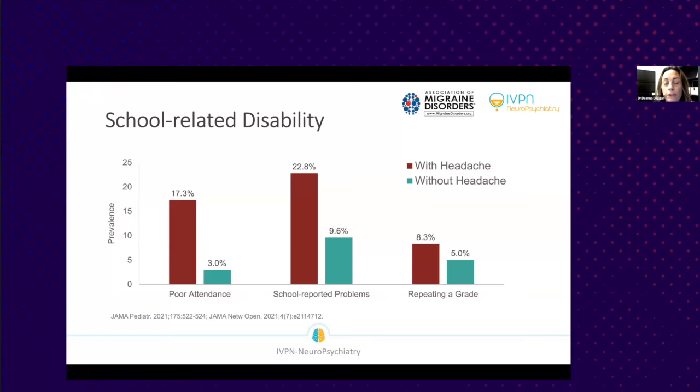It's also hard for them sometimes to learn. Imagine having a headache, even if it's not severe, but a moderate headache, and trying to learn a new math equation or how to plug in a formula. The kids aren't at 100%. And so there are struggles with their school performance related to the migraine. And then also, unfortunately, that may lead to the necessity for them to repeat a grade. Next slide.